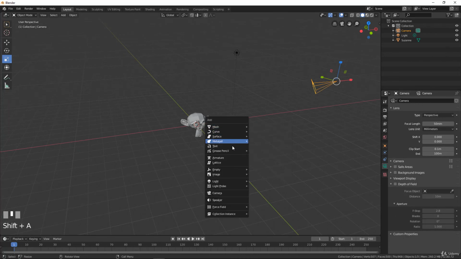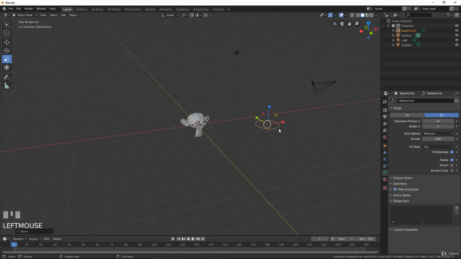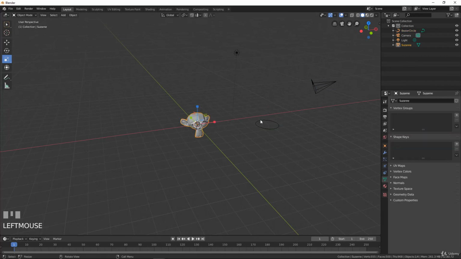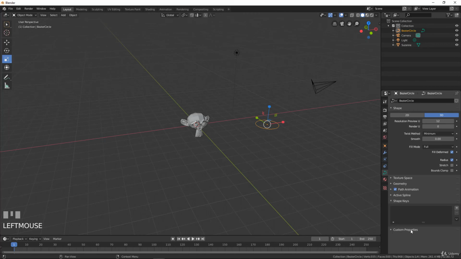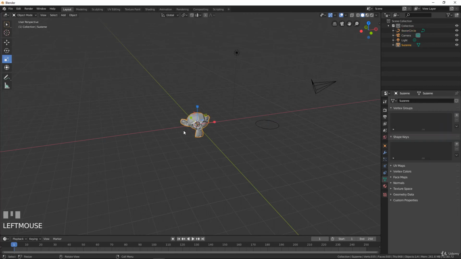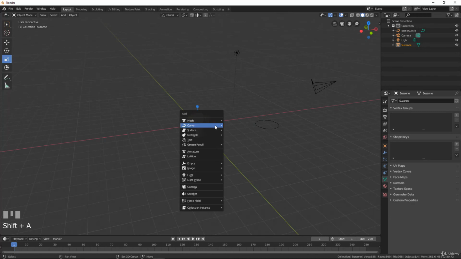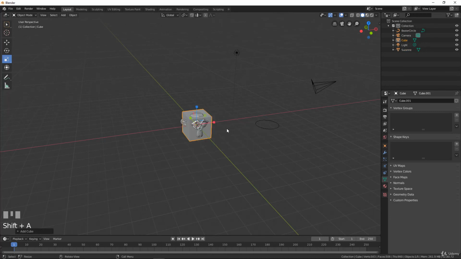Like for example here, if I add, I don't know, a curve and move it here, a Bezier circle here, so you can see that it's a different menu compared to that one, different options, because a curve doesn't interact the same as a mesh. But if I add a mesh, for example, you can see that the options between Suzanne and the cube are exactly the same because they are meshes, okay? So we will have a look on these options